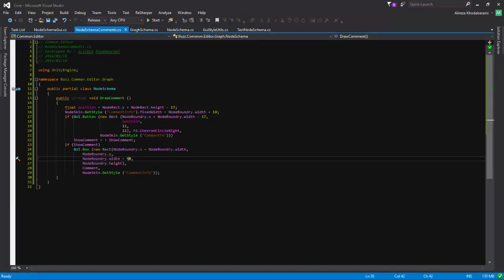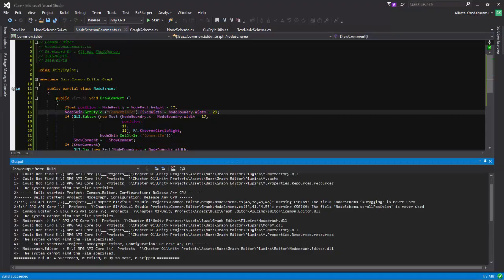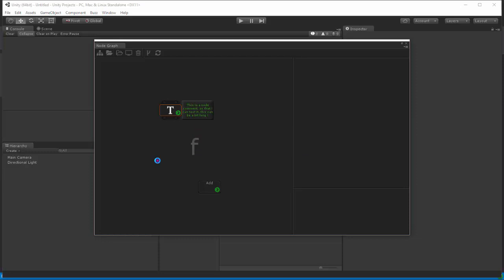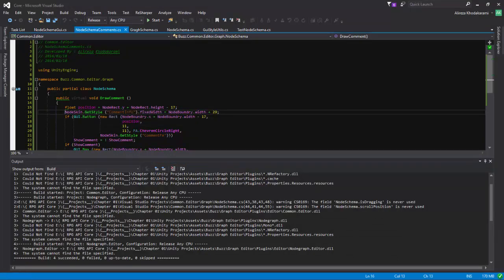X and Y, width and height. That shouldn't be that one. Oh yeah, that's the one. Oh, interesting. If I comment this guy,